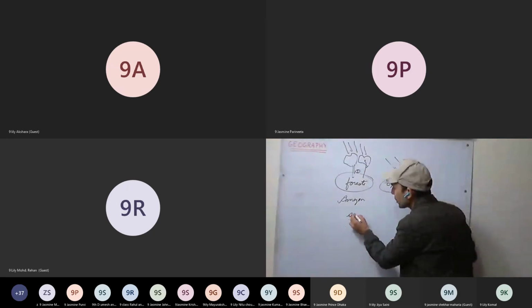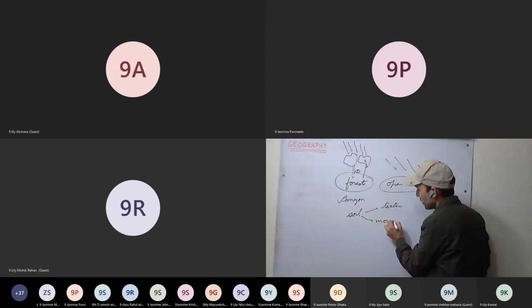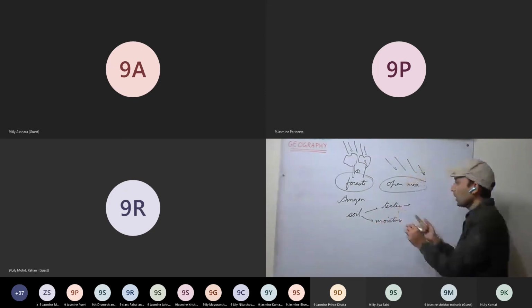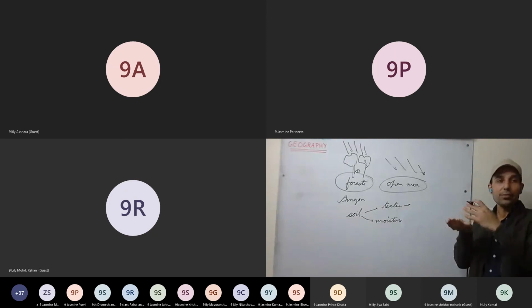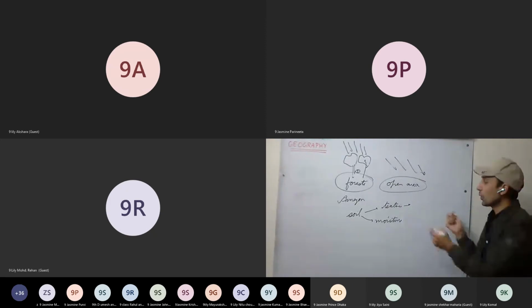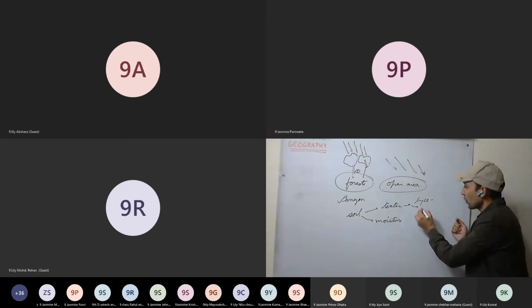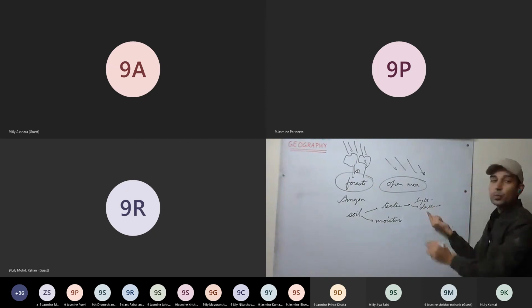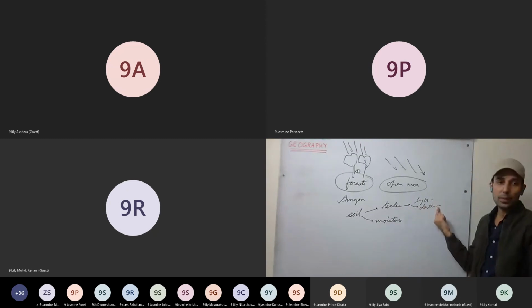Okay, now we consider the soil. In soil, if I consider the texture, that is the color, and the moisture content. The soil which is light in color will reflect most of the sun rays, most of the heat. Whereas soil which is dark in color will absorb most of the heat. So here as well we can see, due to the color, that is the texture of the soil, there is variation in temperature.